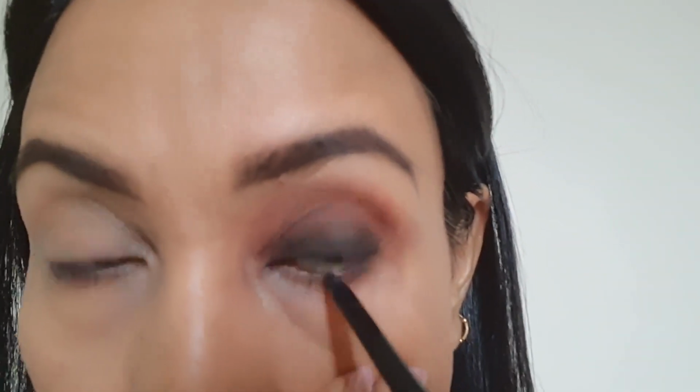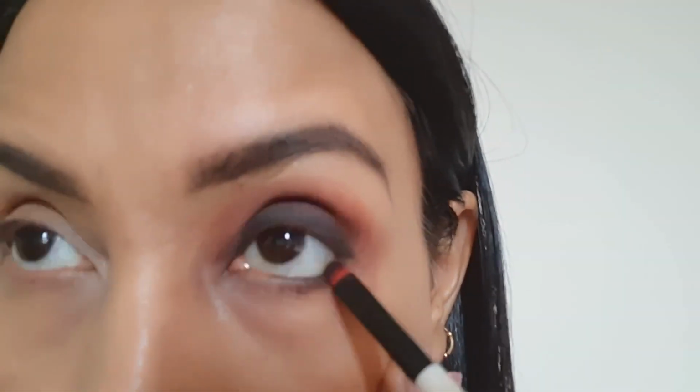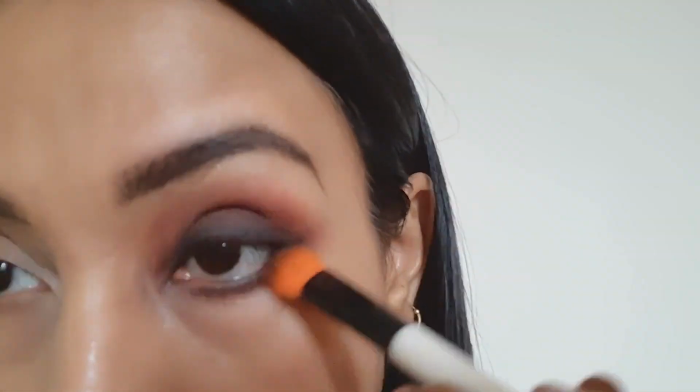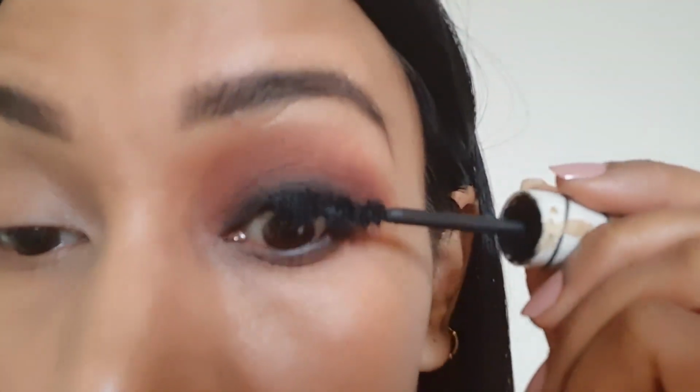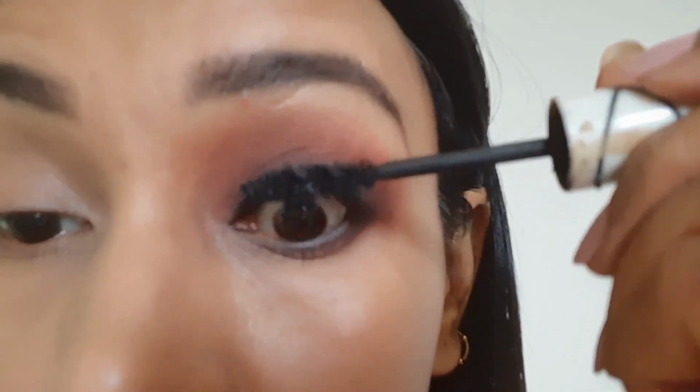Now using the same eyeliner, I'm going to line my waterline. Then we'll soften it with a dark brown eyeshadow. Again using a big brush, I will blend it a little and merge it at the corner with the upper lid shadow. Putting mascara to coat my lashes, I am going light with it as I will be using false